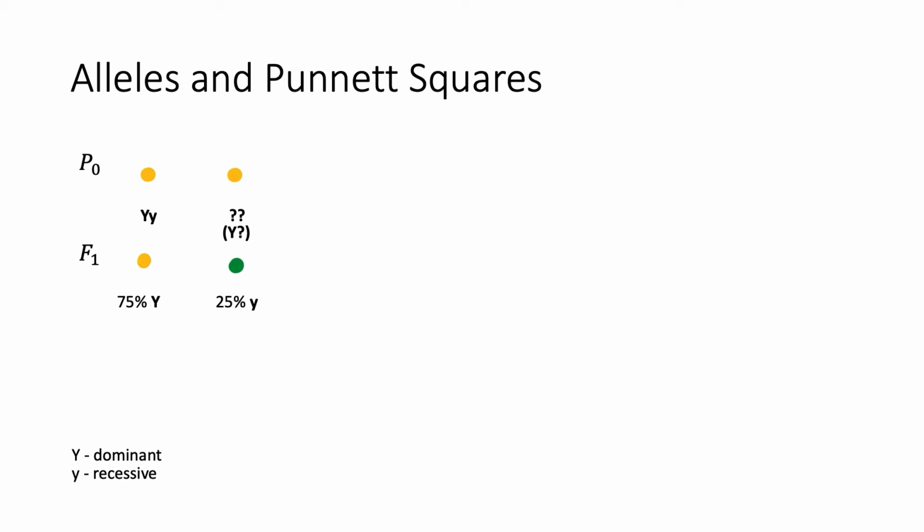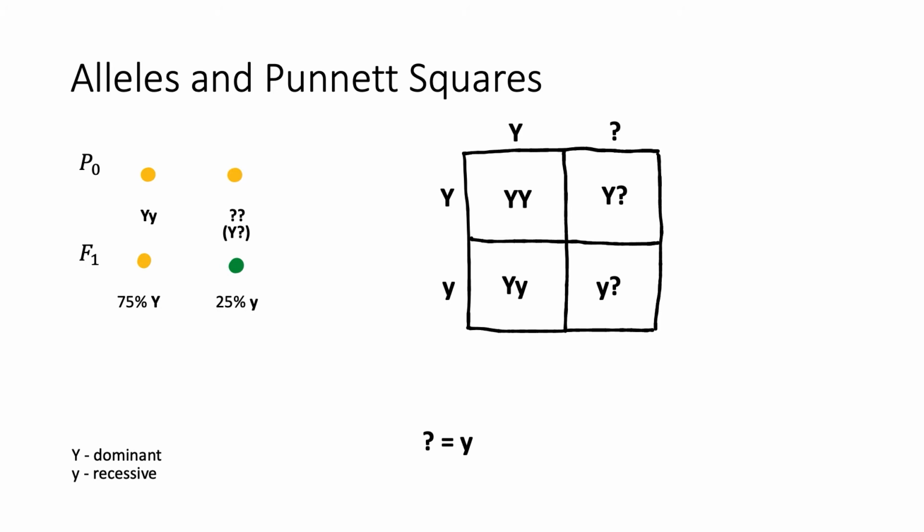We can, as always, draw a Punnett square, including the question mark as a substitute for the variable that we don't know. Once we combine the alleles, we get uppercase Y question mark, uppercase Y, and lowercase y question mark. Now with this information, and the fact that the phenotype is 75% yellow, 25% green, we can plug in either uppercase Y or lowercase y to see which phenotype matches. Uppercase Y results in a 100% yellow phenotype, while lowercase y gives us the correct fraction. Therefore, the overall answer is that the mystery genotype is uppercase Y, lowercase y.